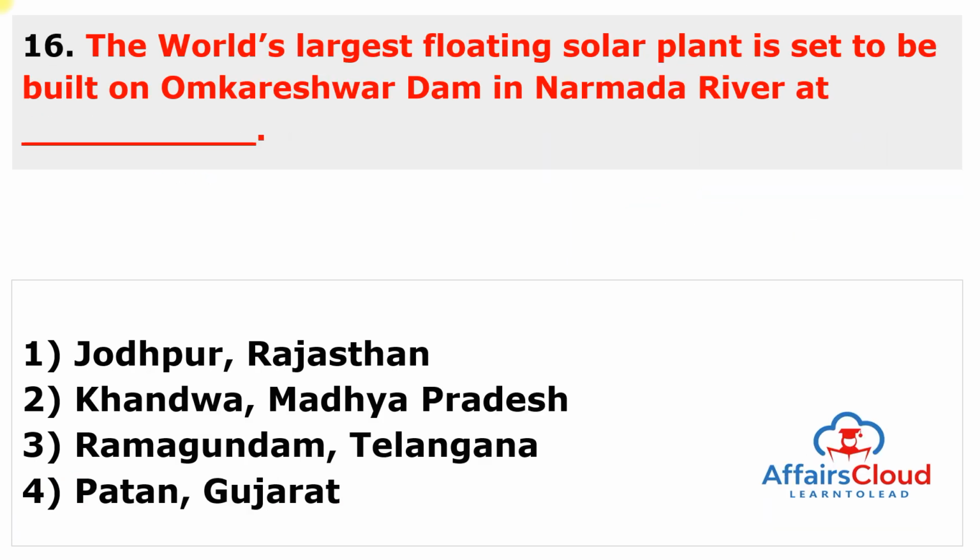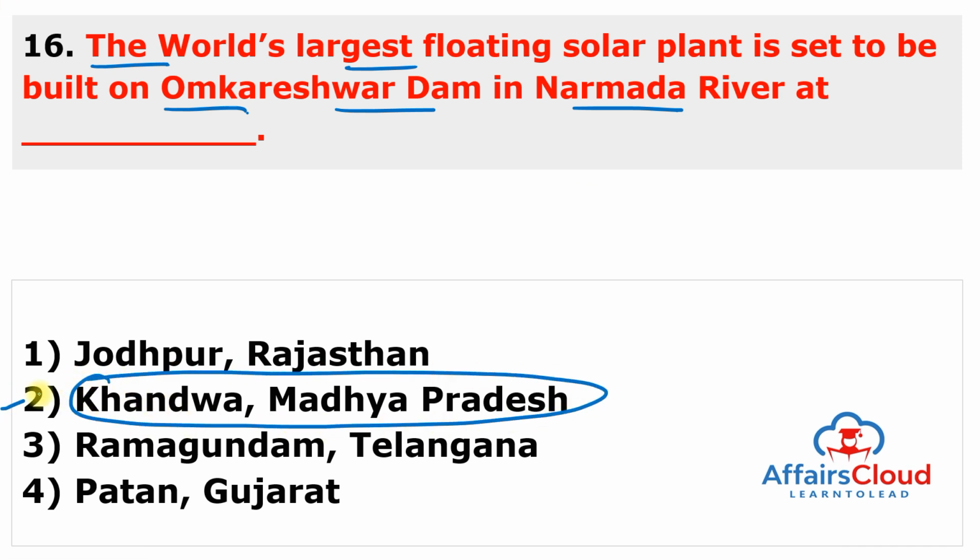Moving to the next question. The world's largest floating solar plant is said to be built on Omkareshwar Dam in Narmada River at which place? And this place is Khandwa in Madhya Pradesh. So the answer of this question is second. So this is the world's largest floating solar plant and it is said to be built on Omkareshwar Dam. This is important, and this dam is situated on Narmada River and it is situated in the Khandwa district of